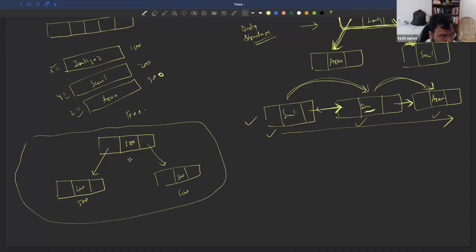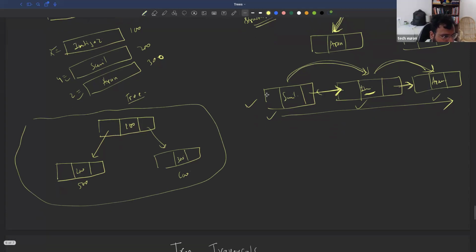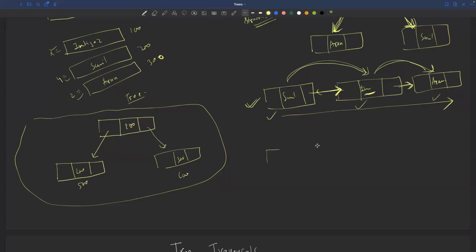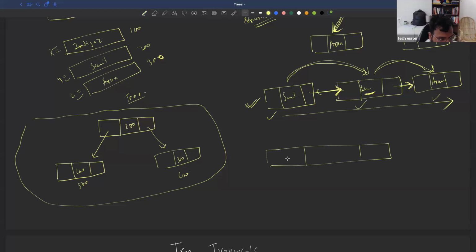ये सारा मेमोरी एड्रेस ही तो है, बस उसको अलग अलग तरीके से ऑर्गेनाइज कर रहे हैं। ये बन गया ट्री। इसको ऐसे लीनियरली स्टोर कर देते तो वो दूसरा मेमोरी एड्रेस हो जाता। आप इसको अगर एक एरे में स्टोर कर देते, यहाँ पे 100 डाल देते, यहाँ 200 डालते, यहाँ 300 डालते, तो 100 किसको पॉइंट कर रहा है, इम्तियाज को। 200 किसको पॉइंट कर रहा है, सुनील को। 300 किसको पॉइंट कर रहा है, अरुण को। तो ये हो गया एरे।